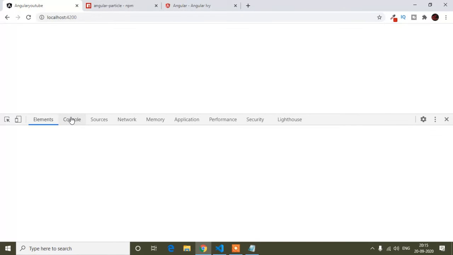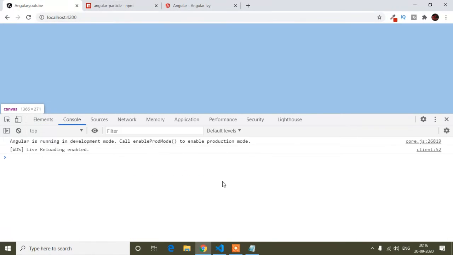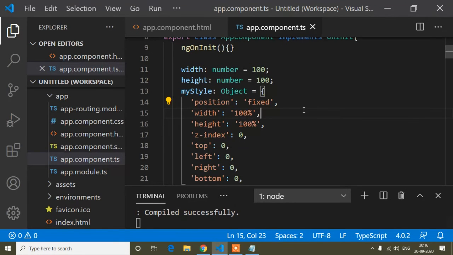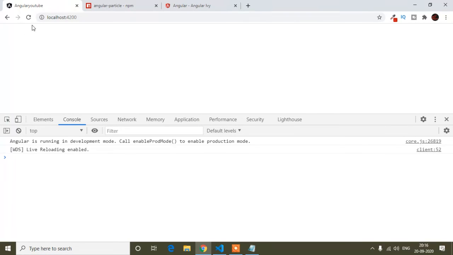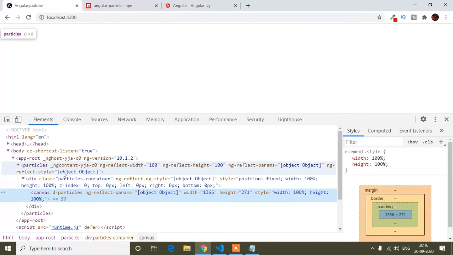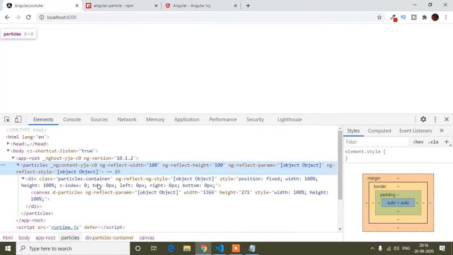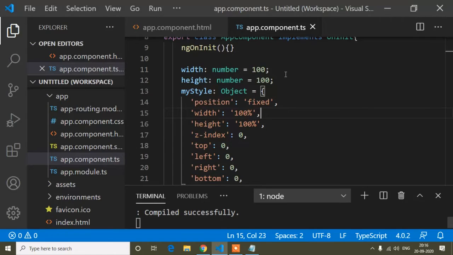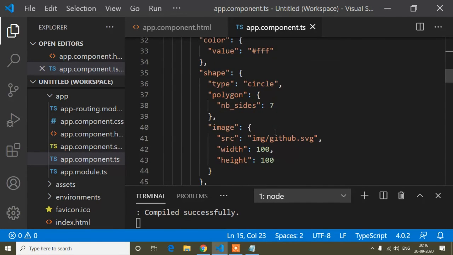So now again it's not coming. Okay, I think it's not coming here because of color.